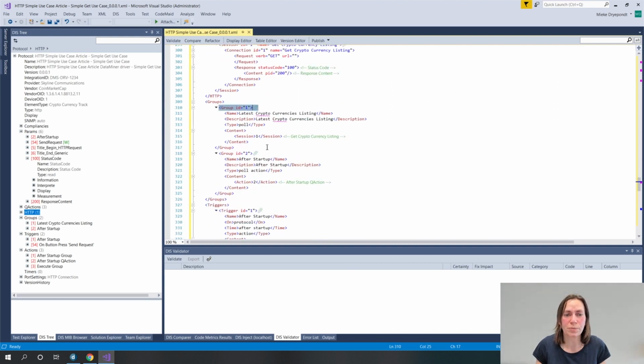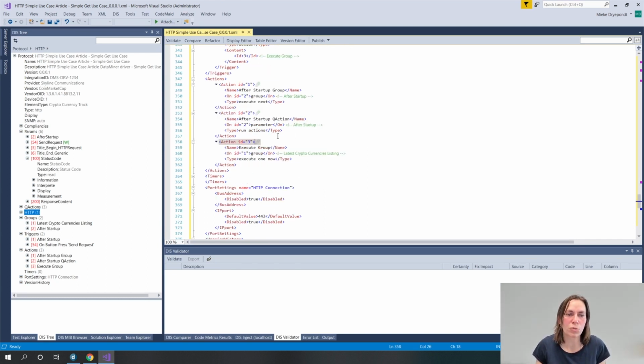Let's jump to the group. You will find here my session. Of course, you can add multiple sessions in here. It's a to-do list, so you can have multiple to-dos in here. The group, in this case, is linked to an action. Why? Because we want to execute it on demand. So let's jump to the action. The action will make sure that the group gets